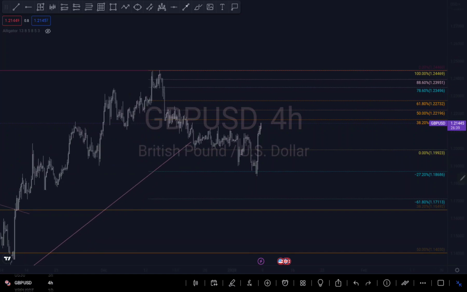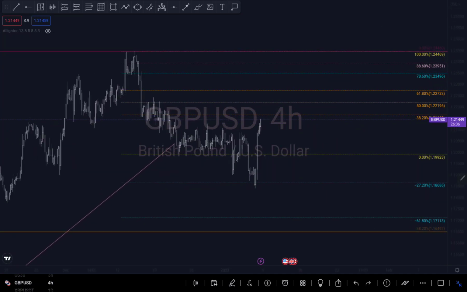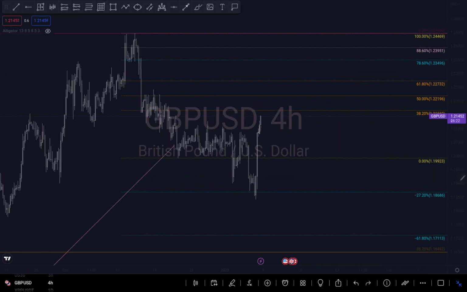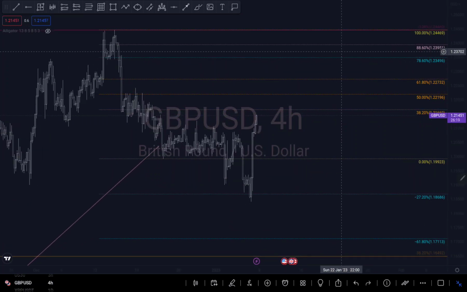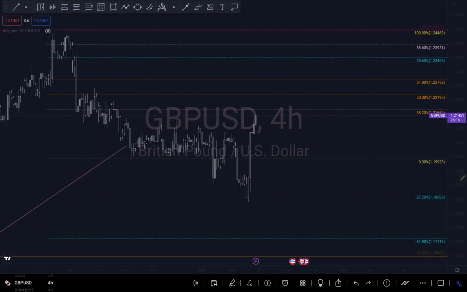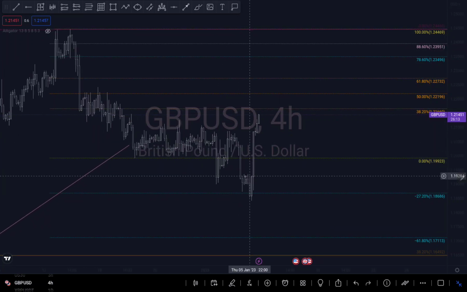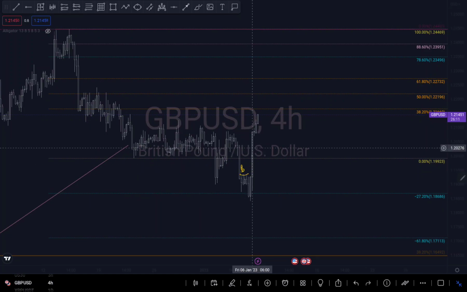let's just see what next on this, because since we are currently at my negative 27.20% fib level, I'm expecting a short reversal. So this is what I'm expecting, right? I'm expecting something like this. There is a break of structure here. There is a break of structure around this level right here, right? So what I'm expecting is something like this, right, to come to this level right here. Then we might push up to this level right here.